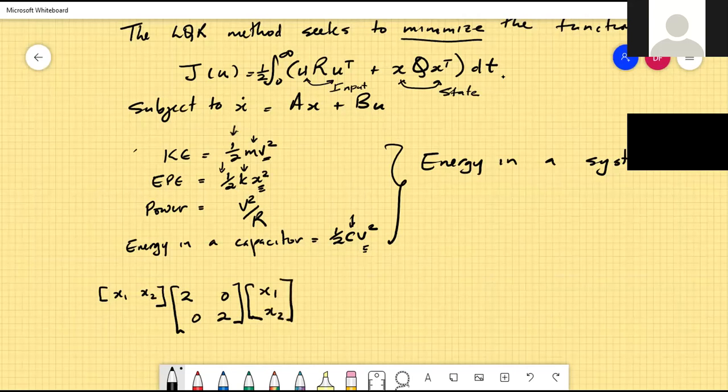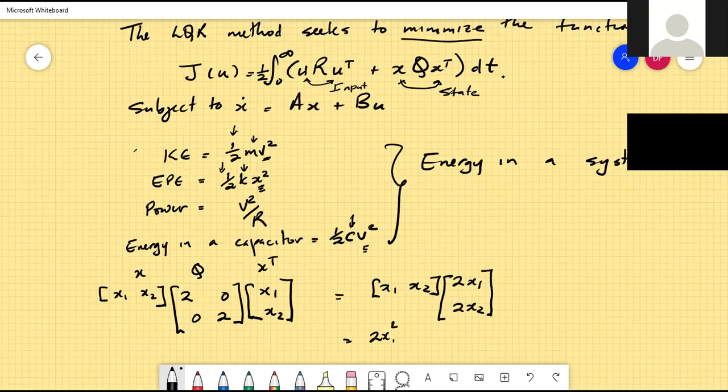This is x transpose Q x. If we multiply this out, it will be 2x1, 2x2, and if we multiply that out, that gives me 2x1 squared plus 2x2 squared. So what I'm trying to say is that